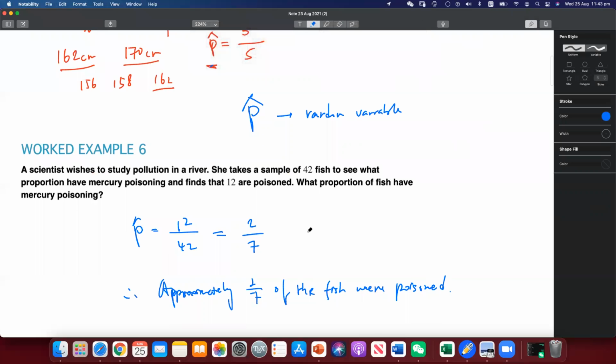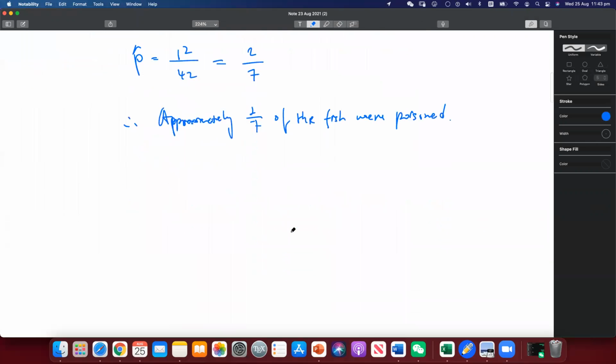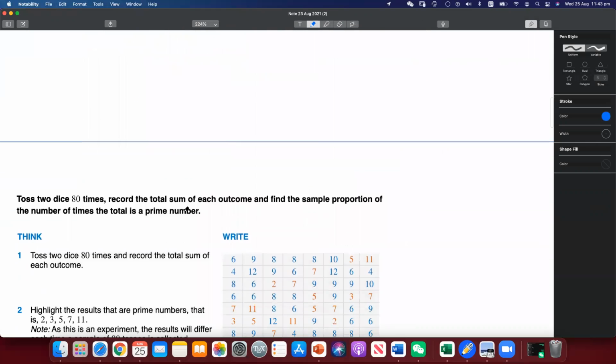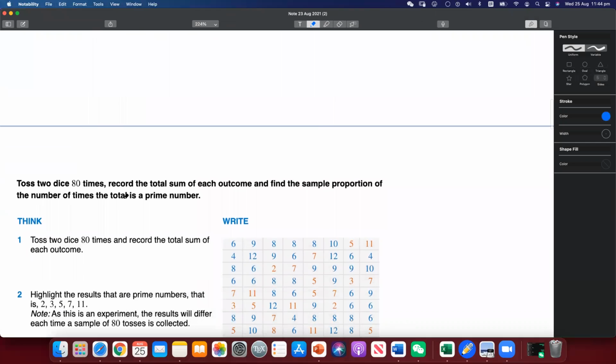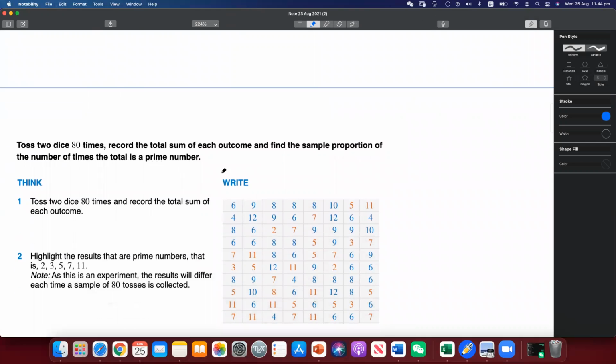Okay, so that's application of sample proportion. All right, here's another one. Toss 2 dice 80 times, record the total sum of each outcome, and we find the sample proportion of the number of times the total is a prime number. All right, so this 80 times,